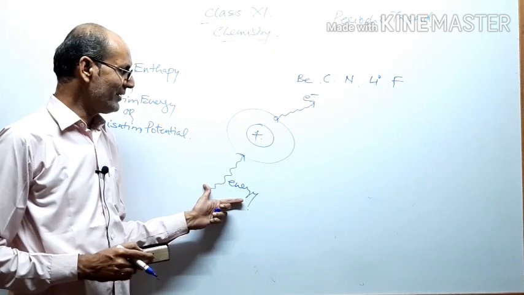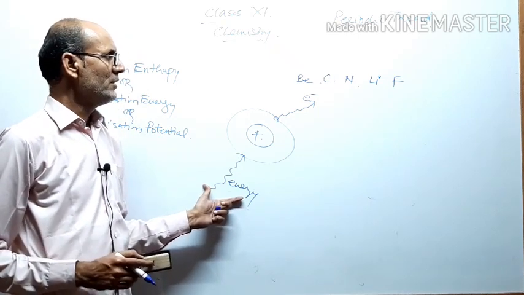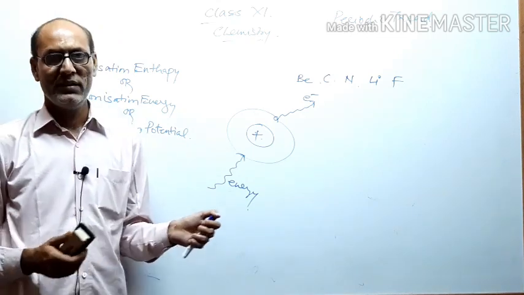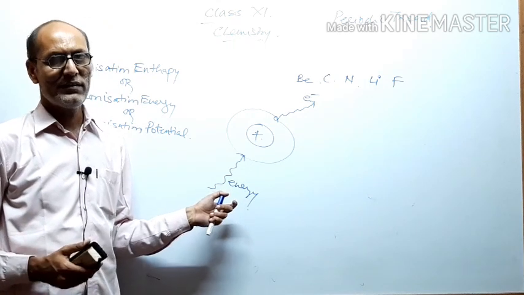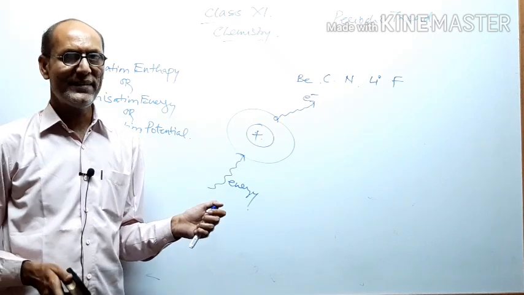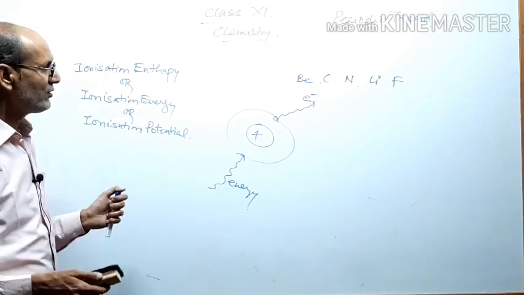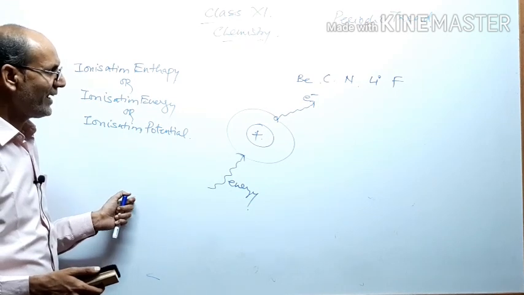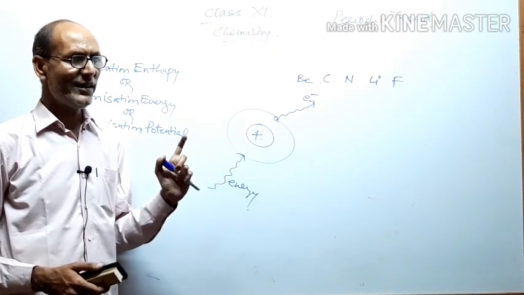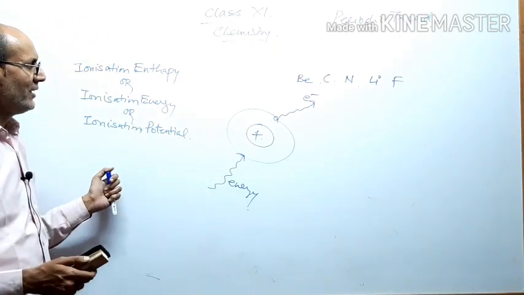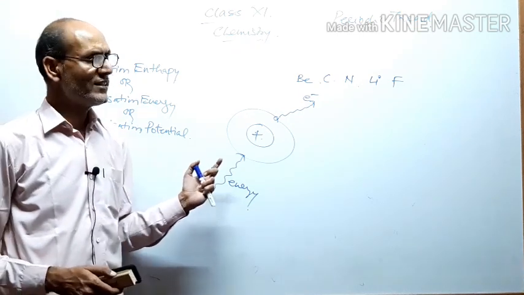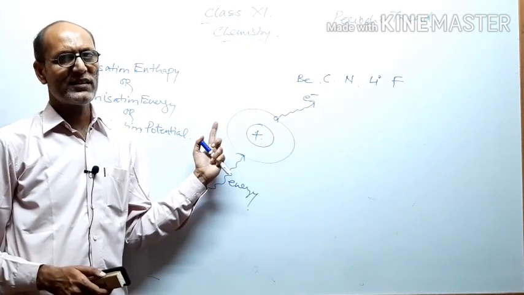So what happens when you look at the atom? It depends upon the size as well as the number of valence electrons of the atom. Third, also the stability of the atom. If the size is small, it will be difficult to remove the electron from the atom. It requires more energy if the size is smaller, while in case of large size, less energy will be required to lose an electron.